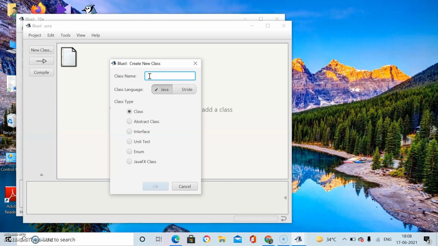Suppose you have to make a program to display a message. I told you names should be meaningful, short, and must not be a keyword. So I am taking Display as the class name. After writing the name, click on OK.